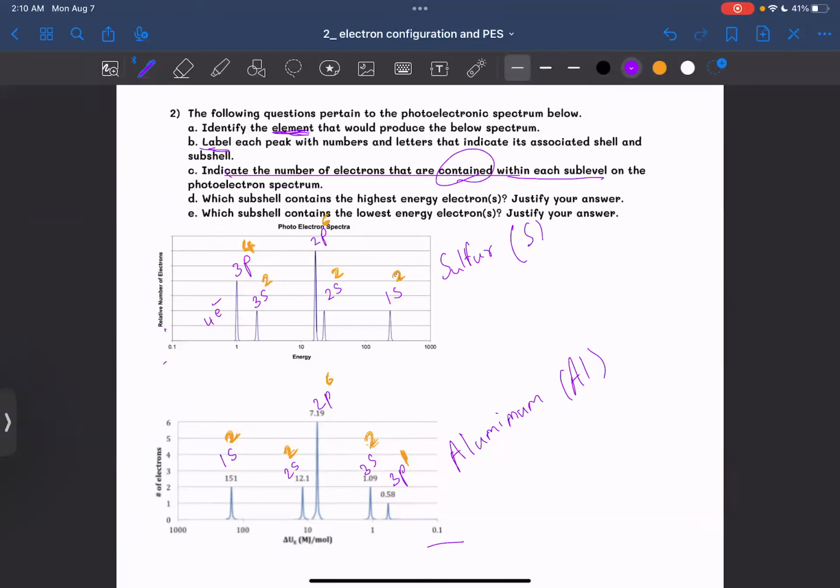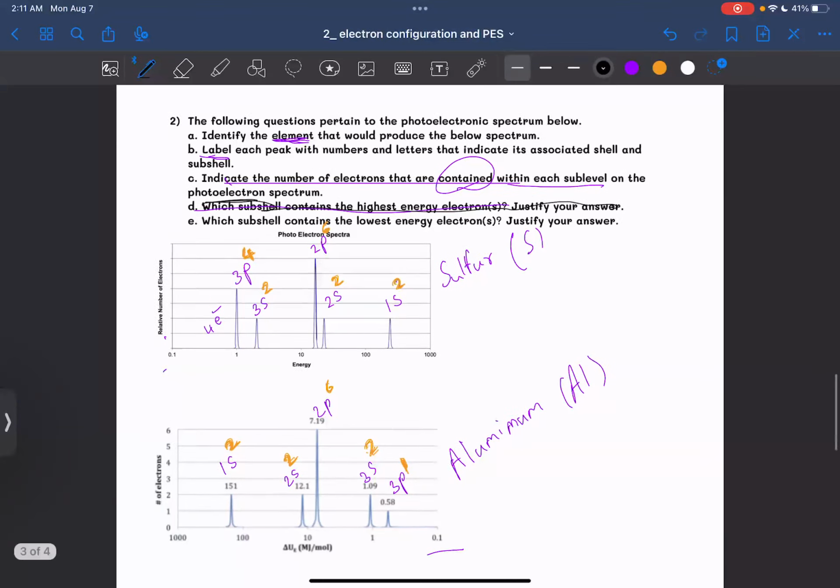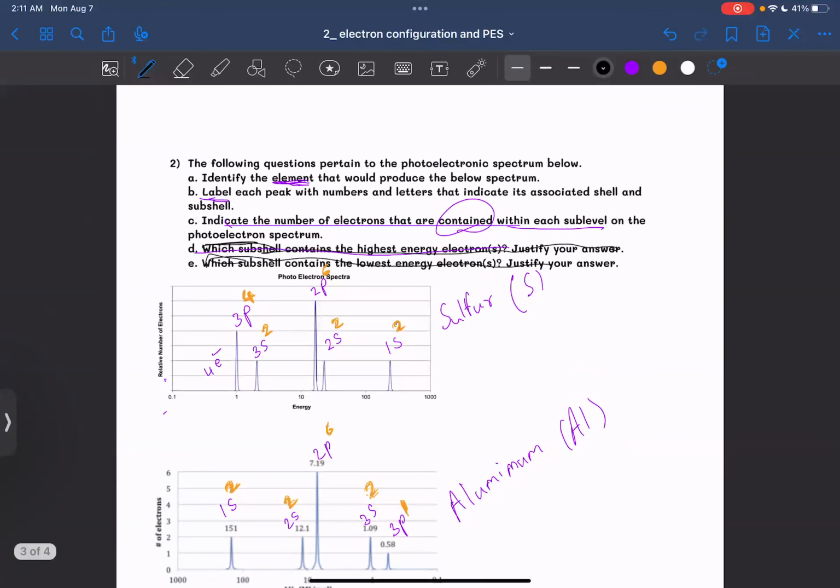All right, D and E. I didn't quite write the question correctly. What I wanted to say was, which peak corresponds to the highest occupied energy level. That's what it's supposed to be. The question is really bad in here. So the question should ask the following. Let me just delete this question and this question, right? I should ask you, which peak